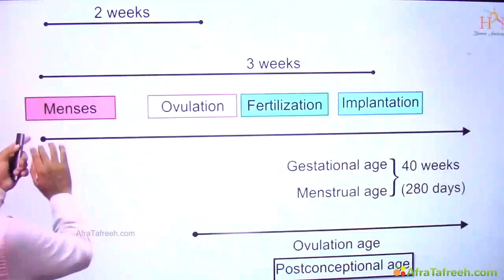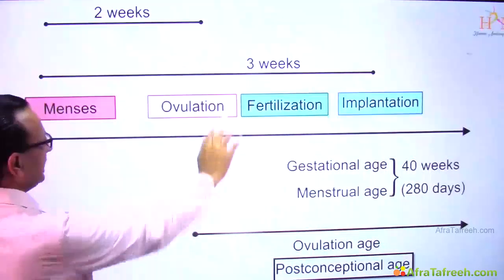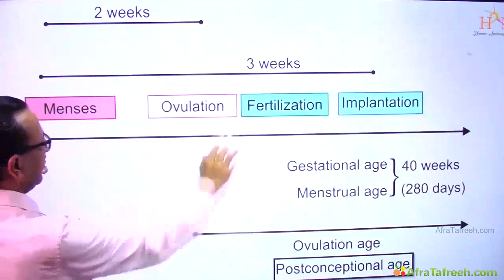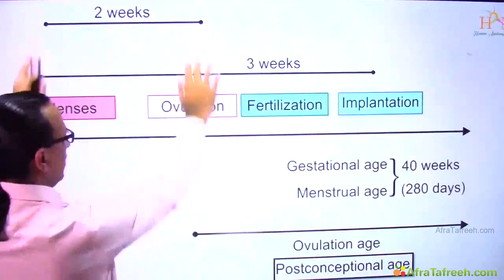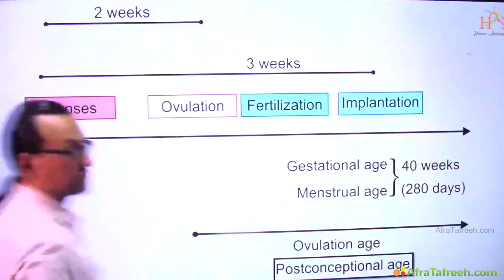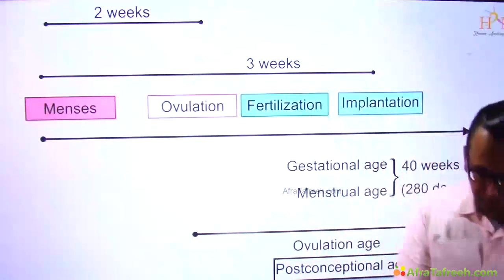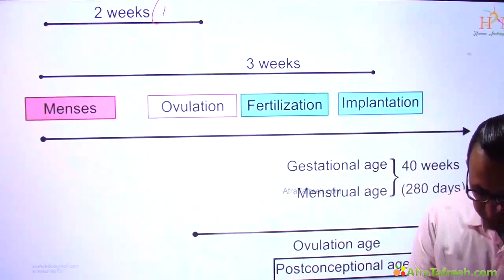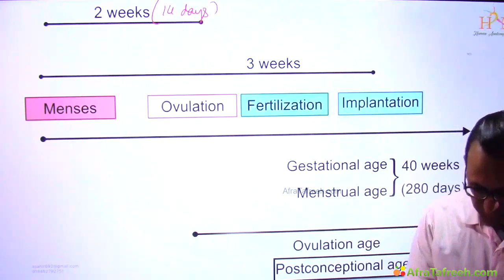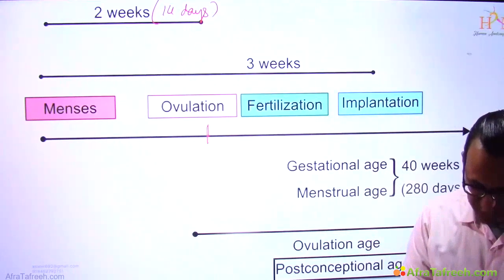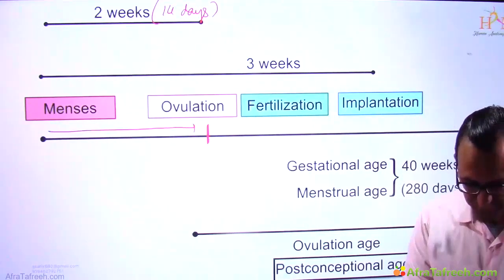Notice, it takes around mid-cycle or day number 14 that you will have the ovulation occurring. It is 2 weeks, or you can say 14 days, that the ovulation will be occurring, calculated from the last